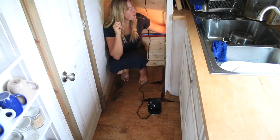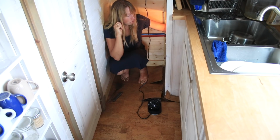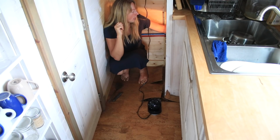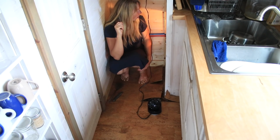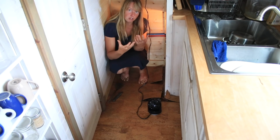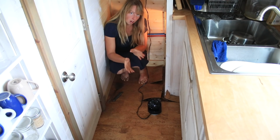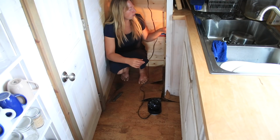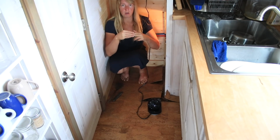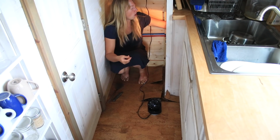And anyway, one of the little pieces of plumbing in here was dripping water. It didn't seem like a very big drip, so I don't know if that was something that loosened up in the process of moving the tiny house. If it had been going on before that, I'm not sure. But there was a connector between two hoses, and it just wasn't quite snug, and there was a little bit of water seeping out around that,